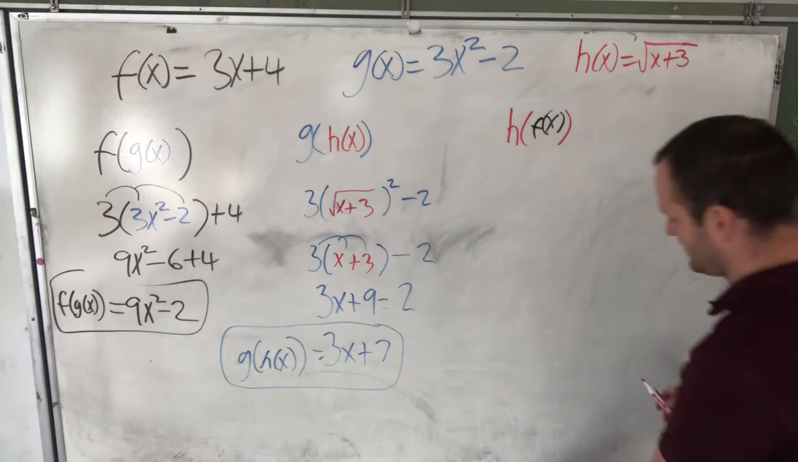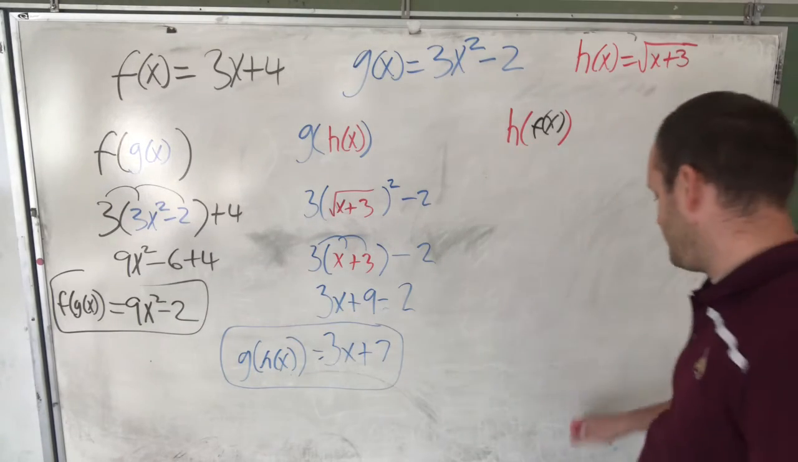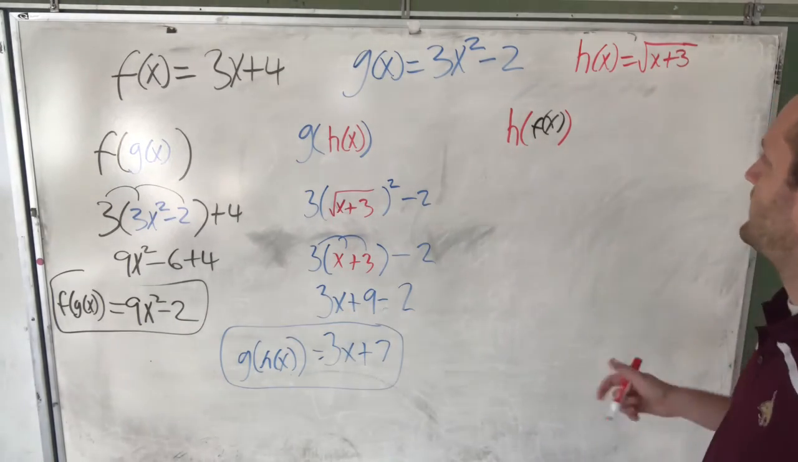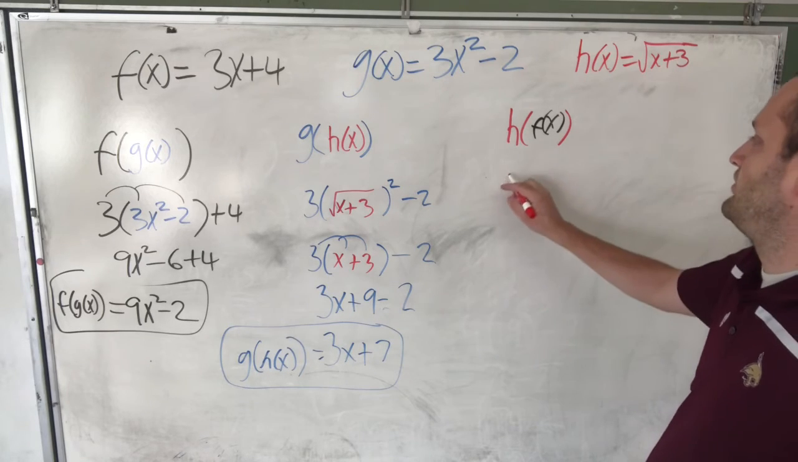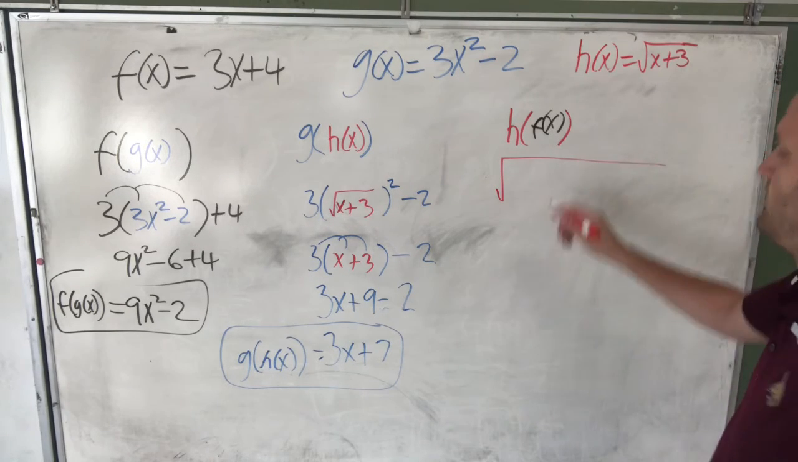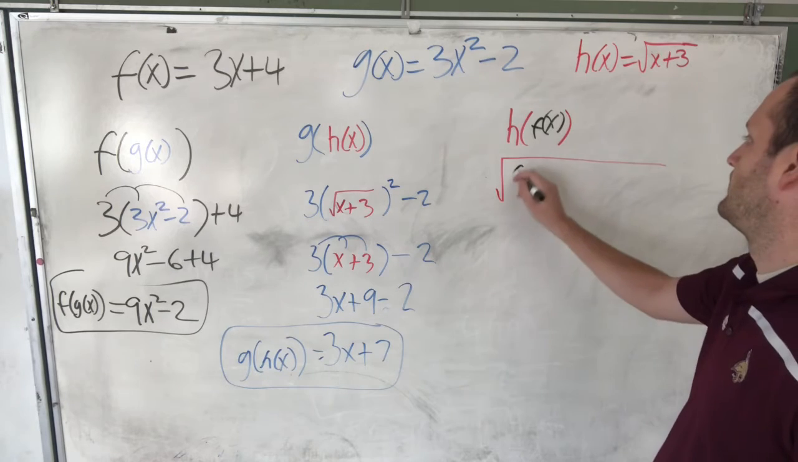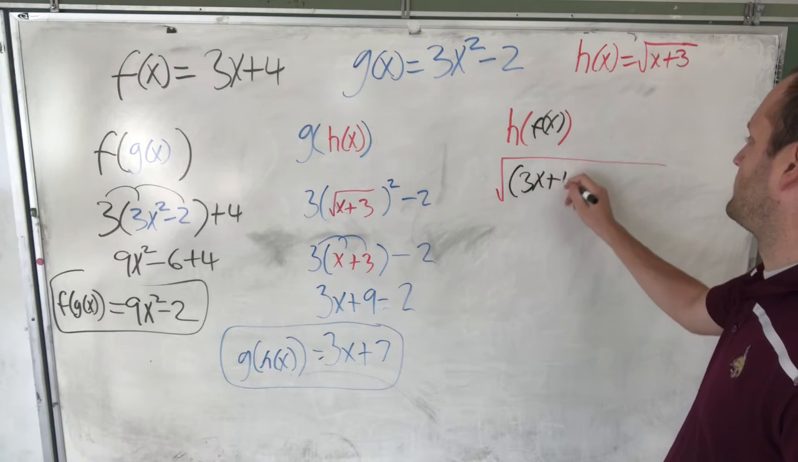Let's try this one. Here we go. We want to find h of f of x. Well, if we're going to find h of f of x, we take our h equation, so the square root of 3x plus 4